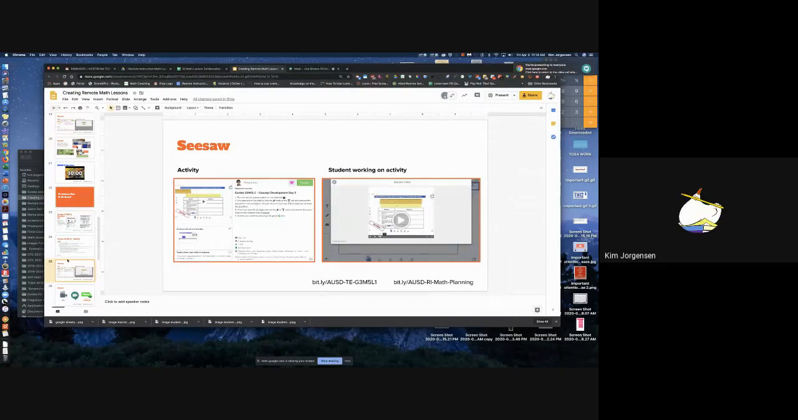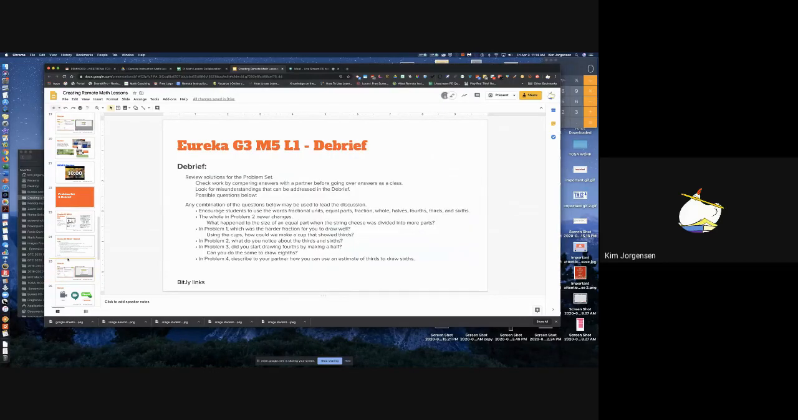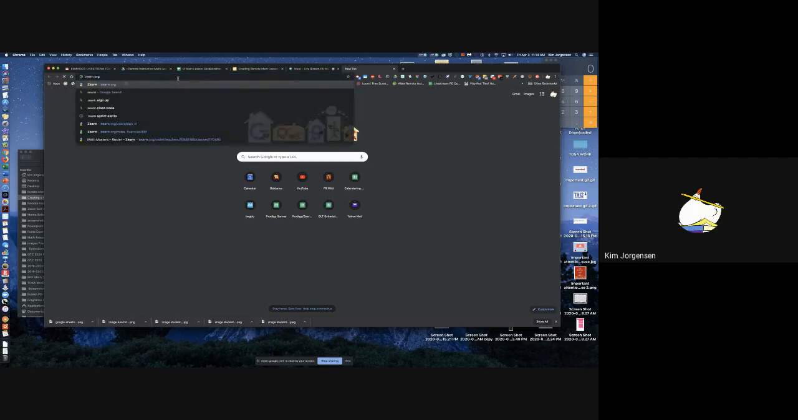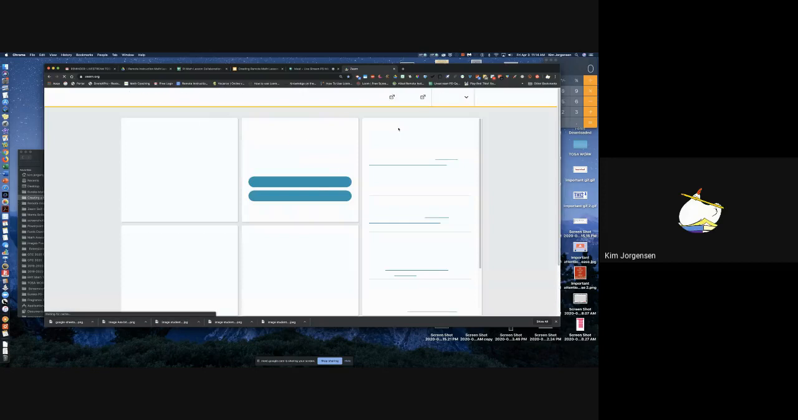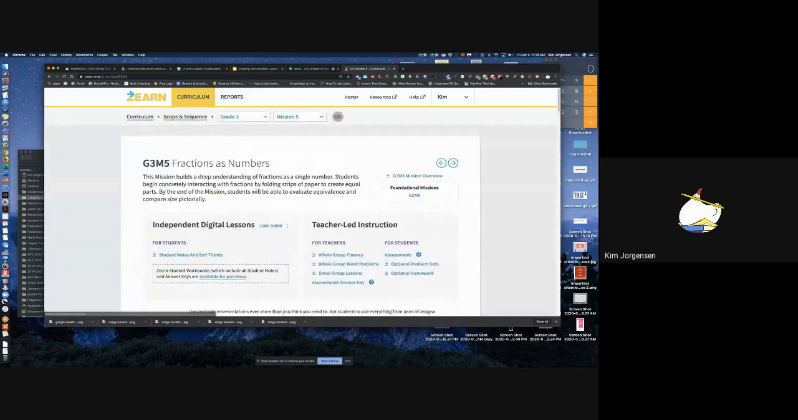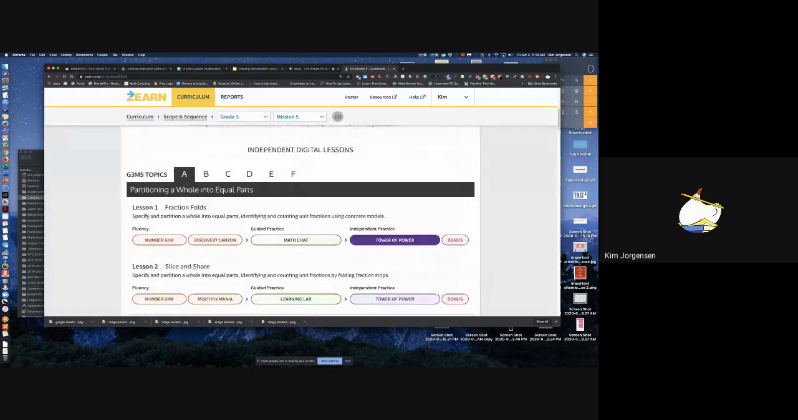So apparently I lost a slide. Before the Seesaw, there was supposed to be another Zearn one, which would have been the Tower of Power. So we'll just show you that real fast, the easy way. There, you got a review on that. So here is the Tower of Power,